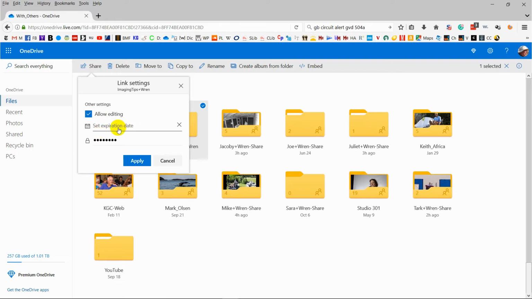We can set an expiration date, and we don't want one, so we'll leave that blank. But notice here it already seems to have a password filled in. I have no idea what this is, so beware of this. If it has a password filled in, select it, delete it, and now we can apply, and that's the link